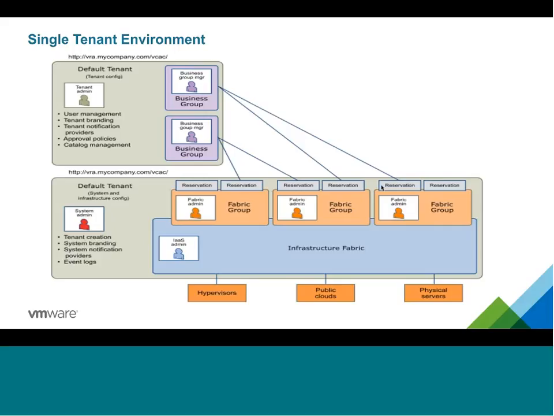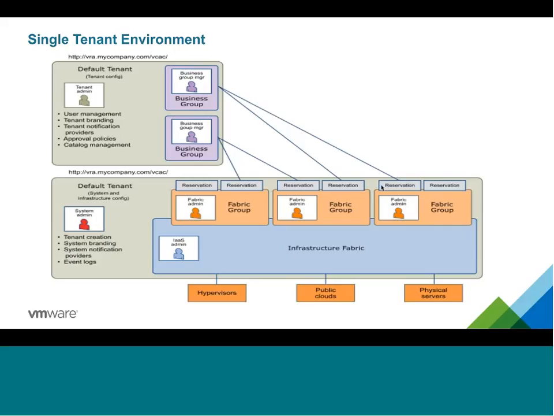Fabric groups are the actual resources, right? Like in the vCloud Director environment, we had provider VDCs, which actually provided the resources. Here we have fabric groups, and then you define the fabric admin who can manage that particular fabric group. Then you log in as a fabric admin, and the fabric admin can typically make the reservations, and then as a default tenant you create the business groups and tie up the reservations to the business groups. Inside a business group you have a business group manager who can manage the end users for that particular business group,